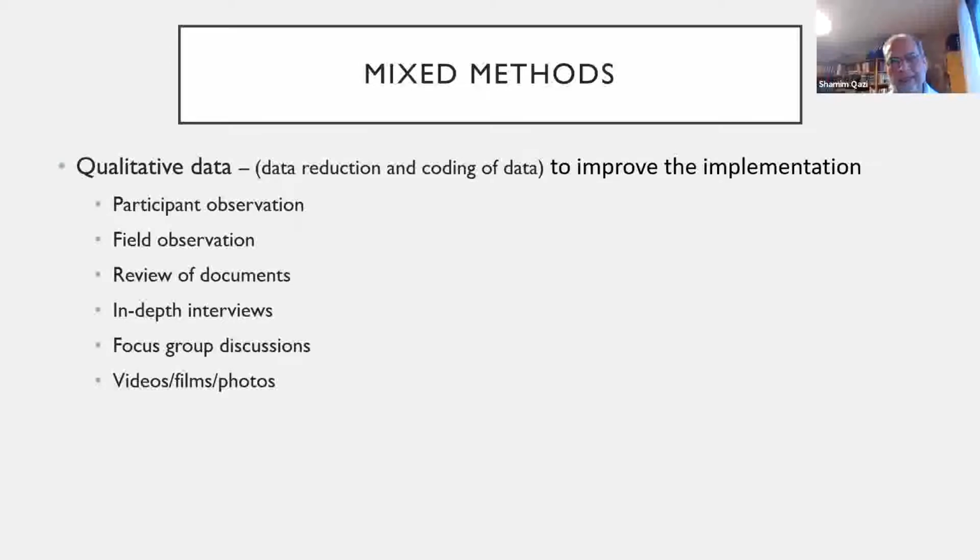So how do you tweak it to make it better? That can most commonly only be done through qualitative data collection, on which Sharmila is much more expert, but it is essential that implementation research projects have this element and not only